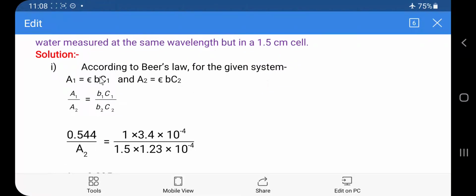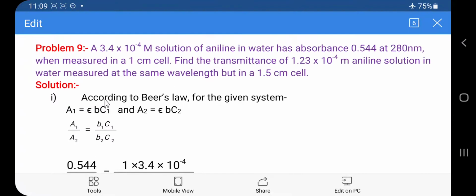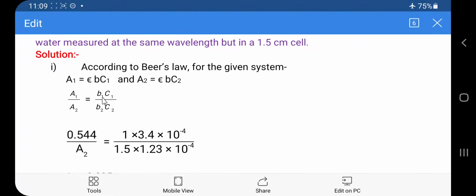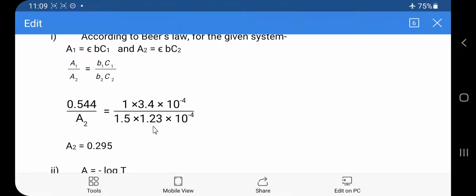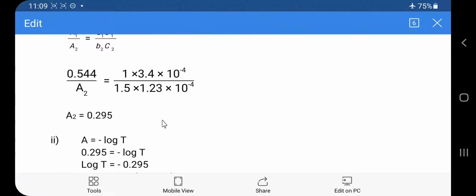Again, according to Beer's law, for the given system, A1 = εbC1 and A2 = εbC2. Here both the solutions are the same, that's why the molar absorptivity is a constant, and the equation can be written as A1 divided by A2 is equal to B1 × C1 divided by B2 × C2. Substituting all these values, 0.544 divided by A2 is equal to 1 × 3.4 × 10^-4 divided by 1.5 × 1.23 × 10^-4,